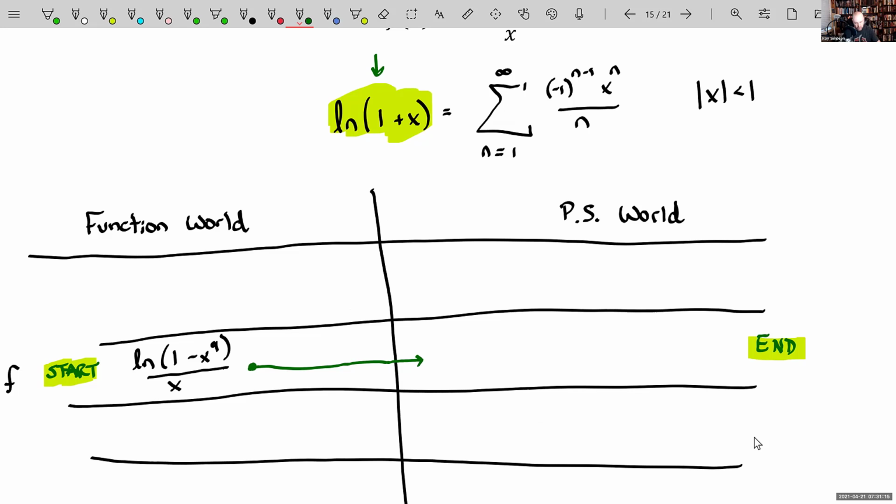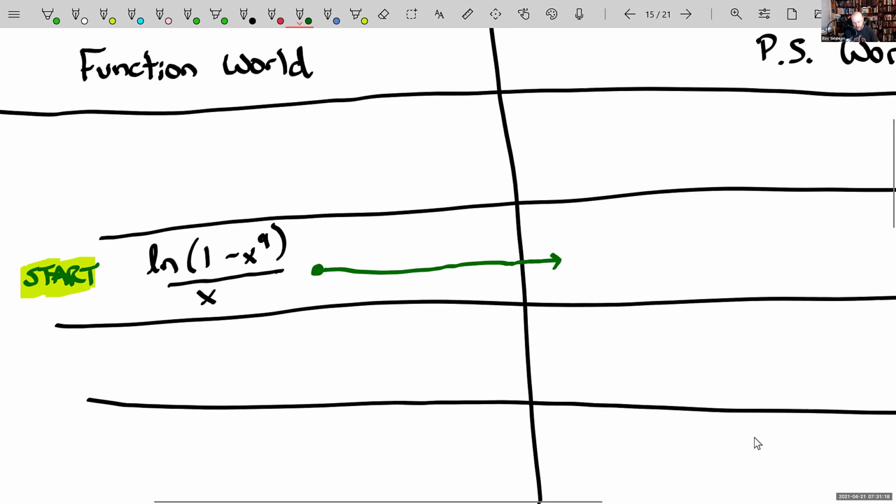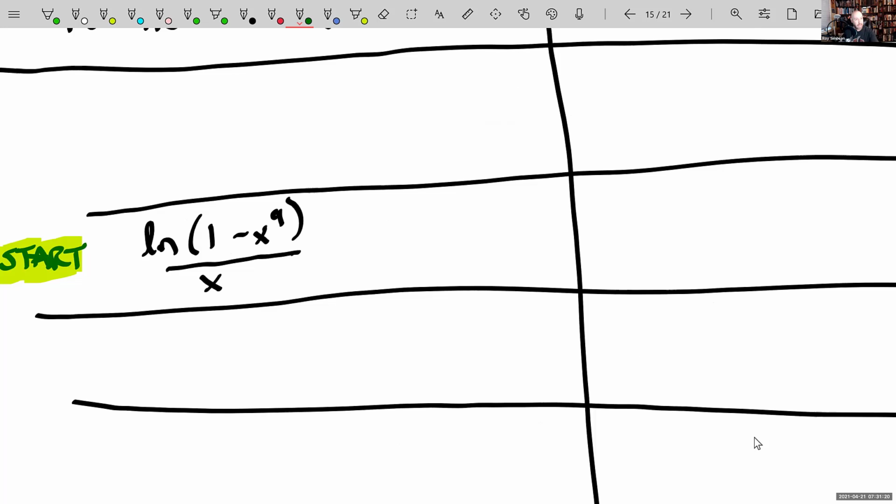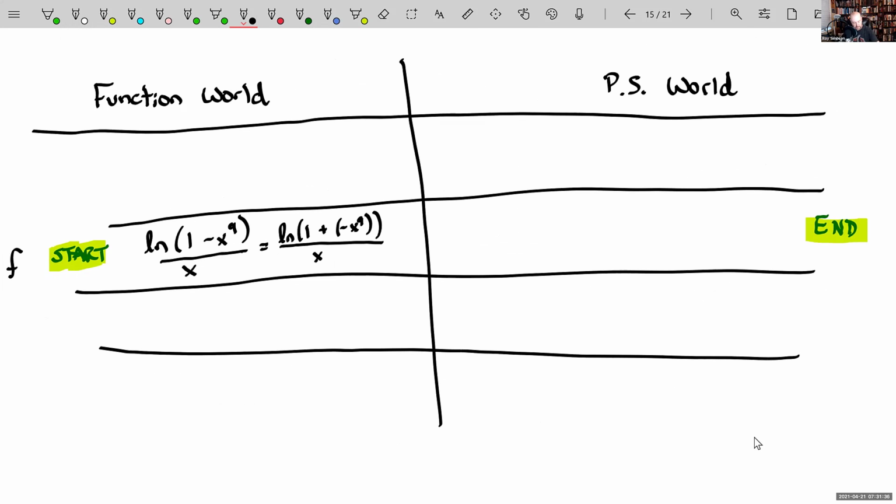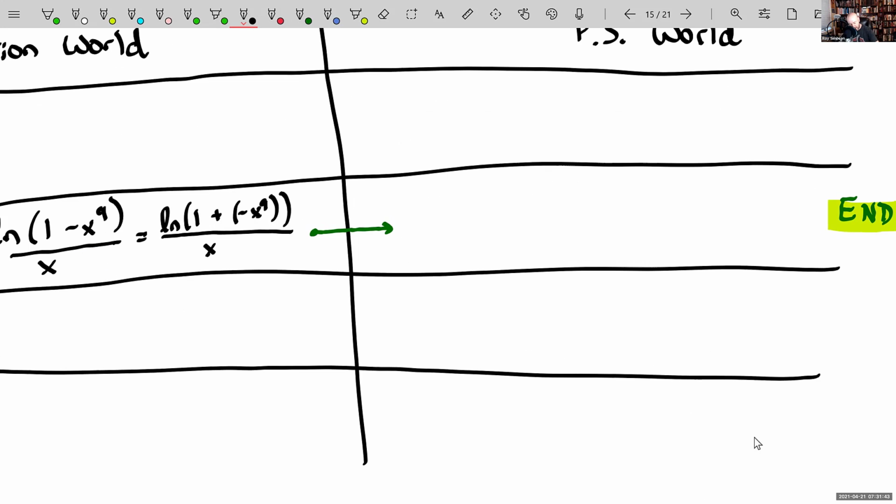And so we could rewrite this natural log of 1 minus x to the ninth as the natural log of 1 plus a negative x to the ninth all over x. And that is the same as, so let me go ahead and draw my little driving link over here. That's the same as 1 over x, I'm just factoring off this denominator, that's all, times the summation